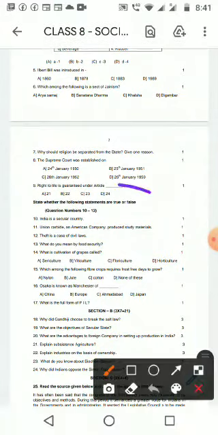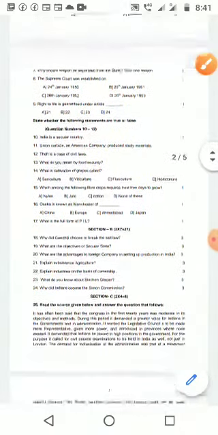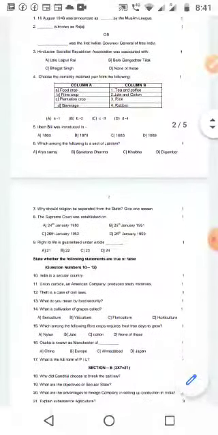Here it is given everything separately. Following statement is true or false. I won't give like this. This is one of the other school's question papers, so everything is together. Okay, all questions together I will give.